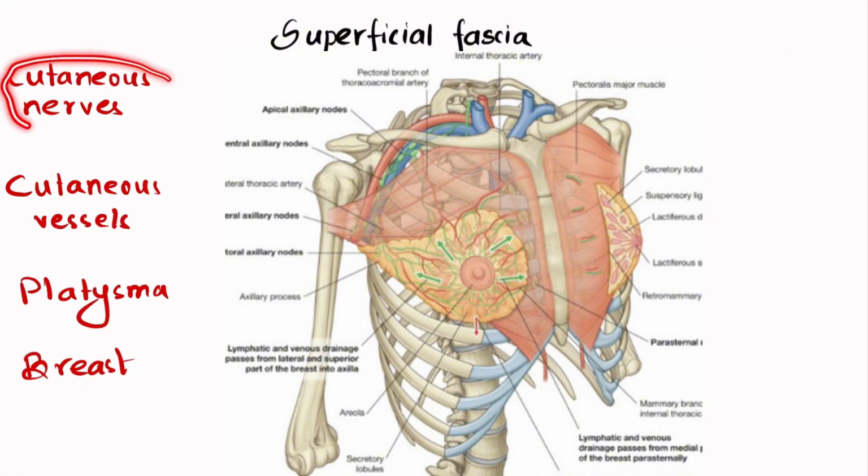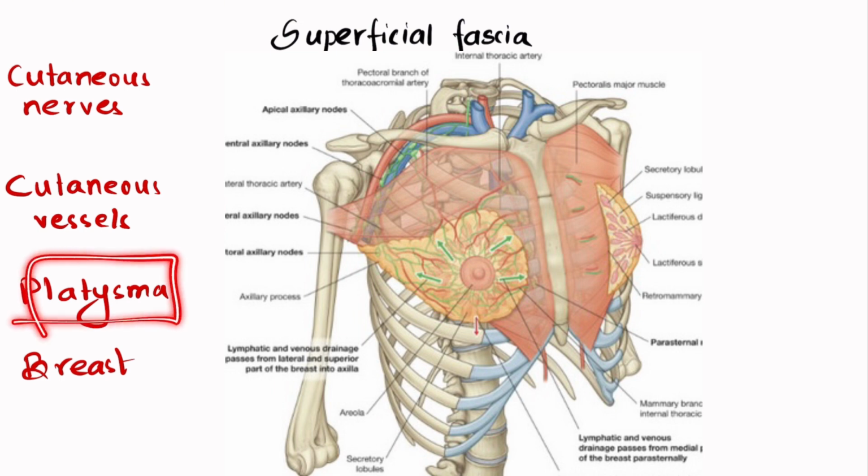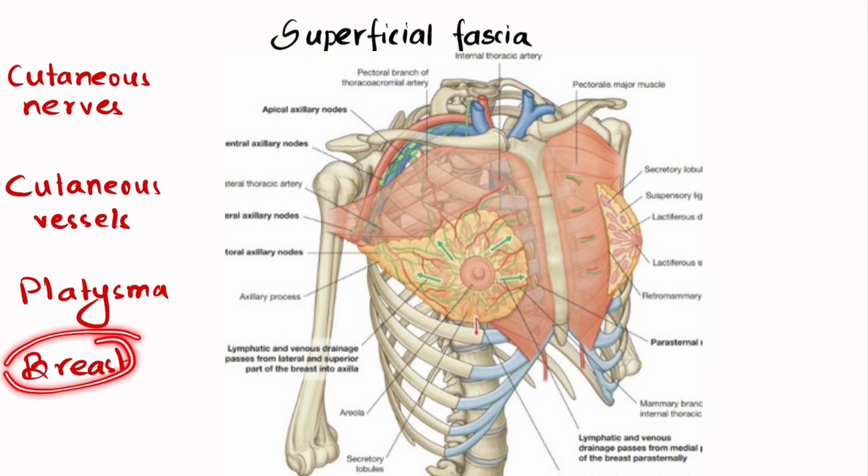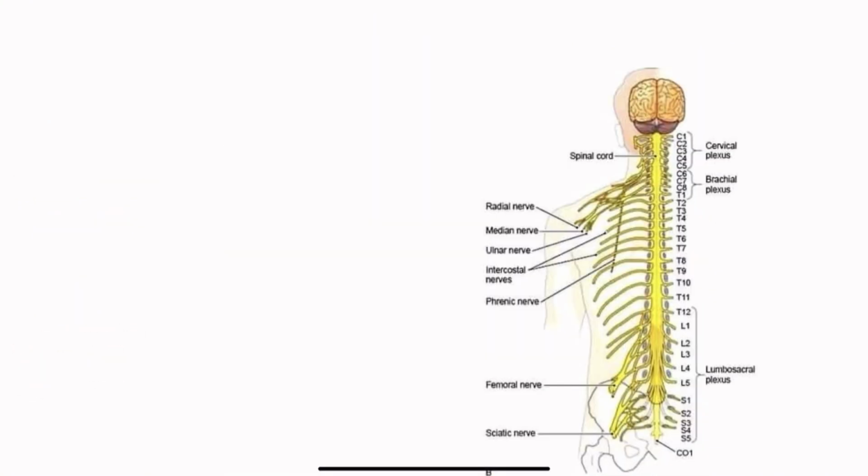First are the cutaneous nerves. Cutaneous nerves are the cutaneous branches of the spinal nerves that are supplied to the pectoral region. Which part of the pectoral region? The superficial fascia of the pectoral region. It contains cutaneous vessels, blood vessels supplied to the superficial fascia. It contains the platysma muscle. We have already dealt with it. And finally, it contains the breast as well. First, let's look at